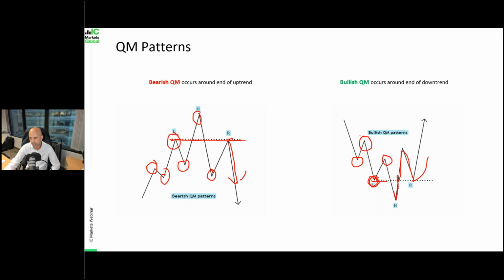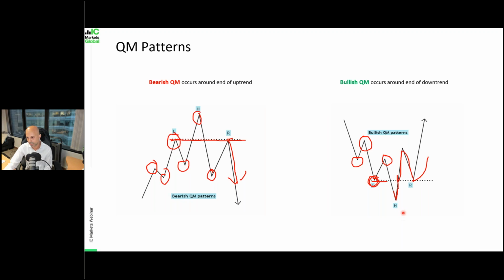Similarly, for the bullish Quasimodo pattern, price is falling sharply in a downtrend, right? Price is in a strong downtrend, making a series of lower highs, which is here, right? This is one high, a second high, and a series of lower lows, right? And as price makes a new low here and reverses, technically it should be going down like this if the bearish continuation was to continue. But in this case here, you can see price start to come back up above this previous low, and then reverse again. And then if price reverses from this neckline here and goes higher, that's when we know we have the confirmation of the bullish reversal, right?